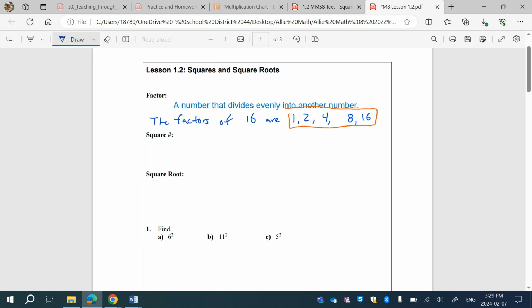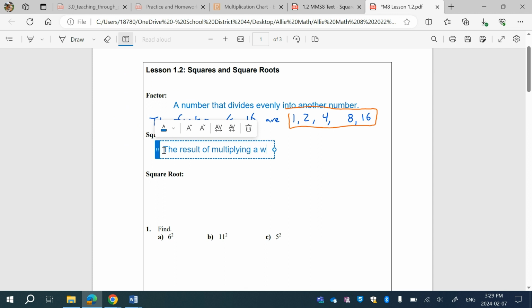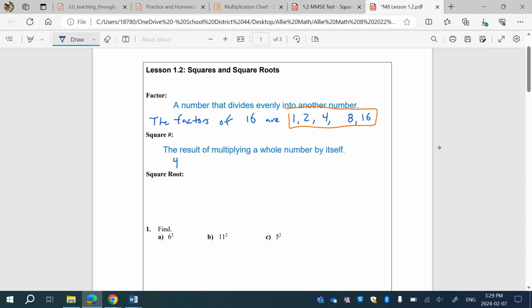Okay. Next we have squares. We've been learning about square numbers, and a square number is the result of multiplying a whole number by itself. So let's see some of our square numbers. Let's say 4, 9, 16 are square numbers